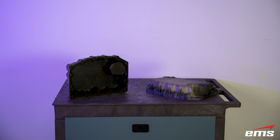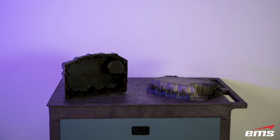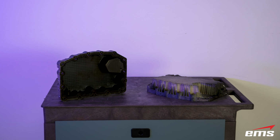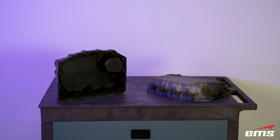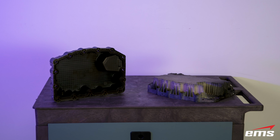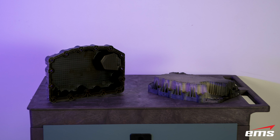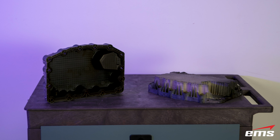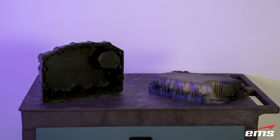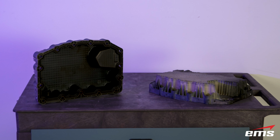In this video, we are going to walk through designing aftermarket parts. In this particular example, we have a plastic oil pan that we want to reverse engineer to make it larger, stronger, maybe make it out of a different material, or maybe redesign it completely. And we're going to walk through 3D scanning this and how to turn it into CAD data for downstream applications such as CNC machining, injection molding, casting, or whatever process the aftermarket company wants to use to build a new